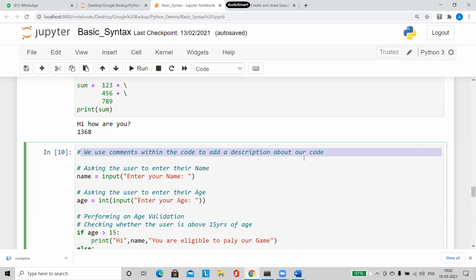Whatever you write within this line, my interpreter will not consider it at all. It is not part of my programming code at all. It is simply used for my own purpose. As a programmer, for my understanding, I am adding the comments. It has nothing to do with my program's execution. It is not going to affect my program's output in any way.